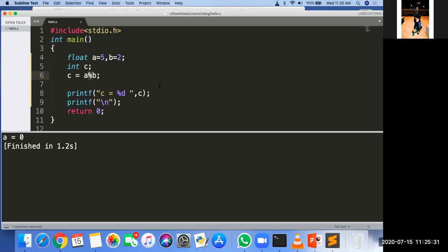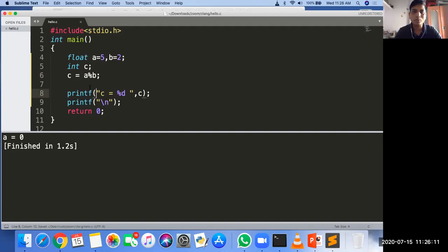One. So 5 modulo 2 is 1, sir. Okay. Remaining other answers? 0, sir. Yeah, the remainder is 0. 5 modulo 2, no? Okay, so should I tell the answer?